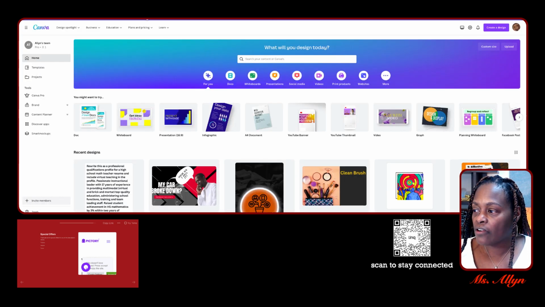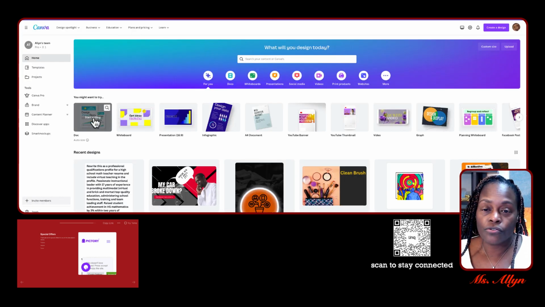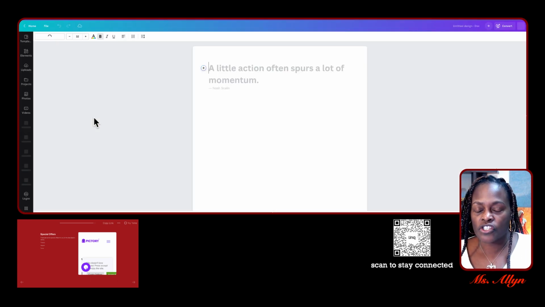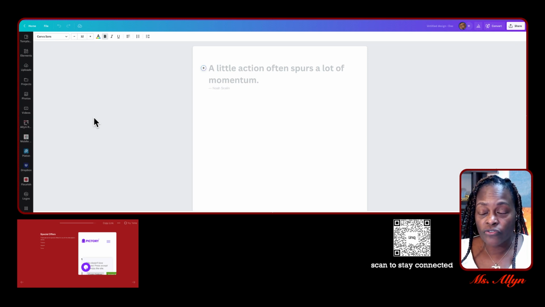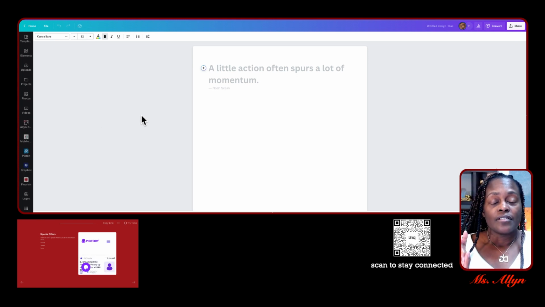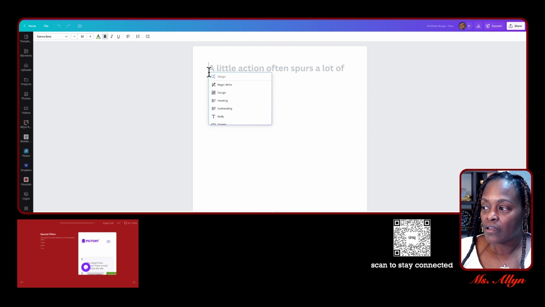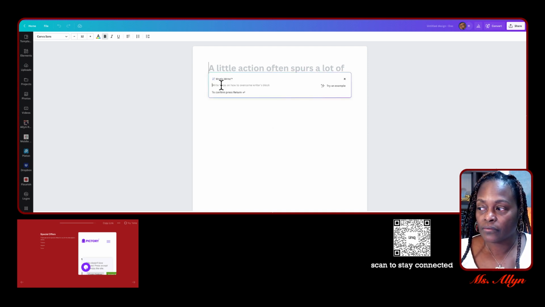Also, let's check out Canva. Canva has a new tool. If we go to it now, I don't know if this is available in the free version, but you might want to check. I have a pro version. So Canva has gotten into the AI game. You want to click on documents, and then you want to go to Magic Write. And you can ask it to write, let's see, write